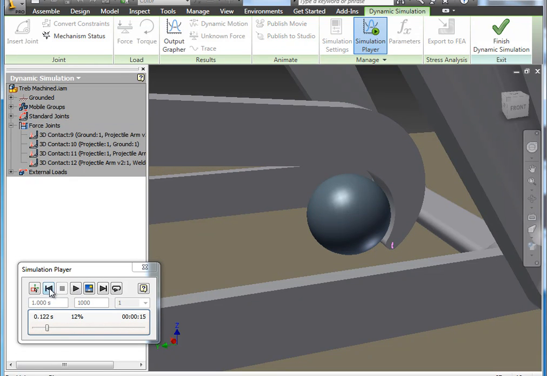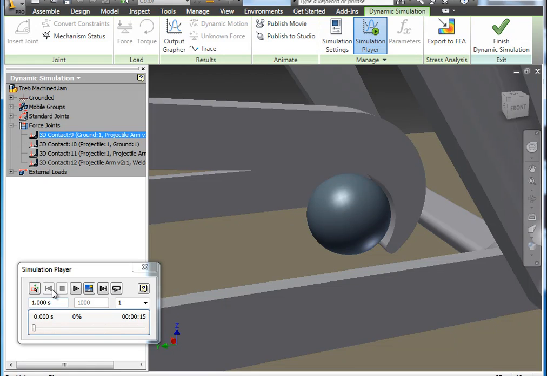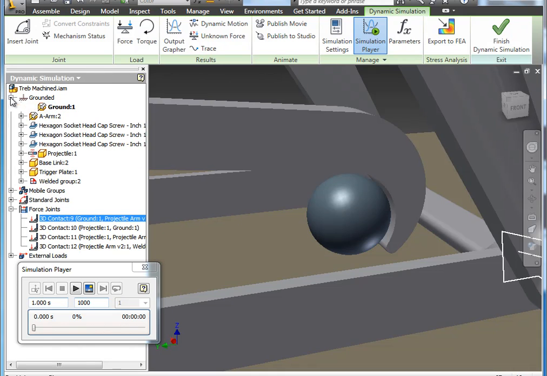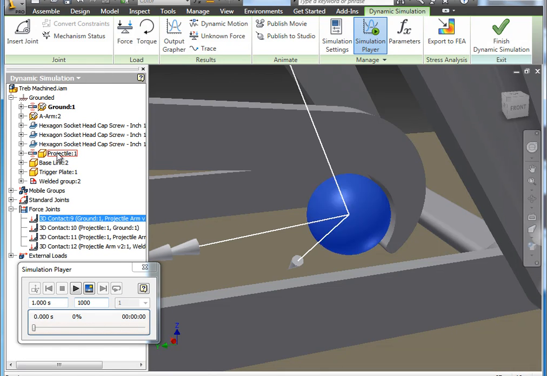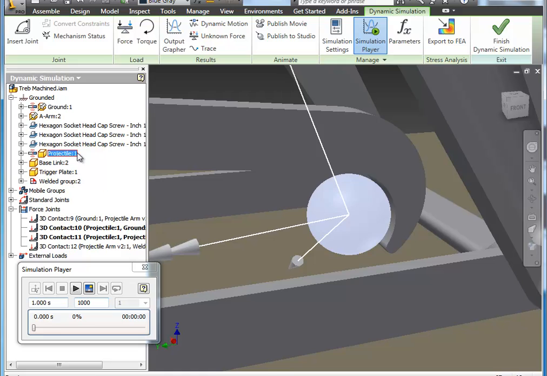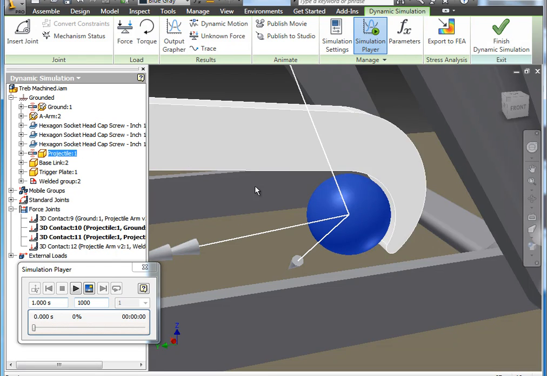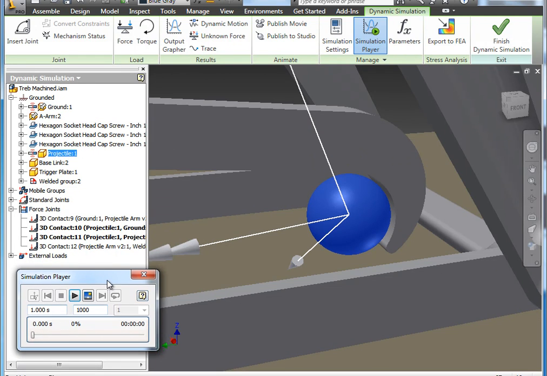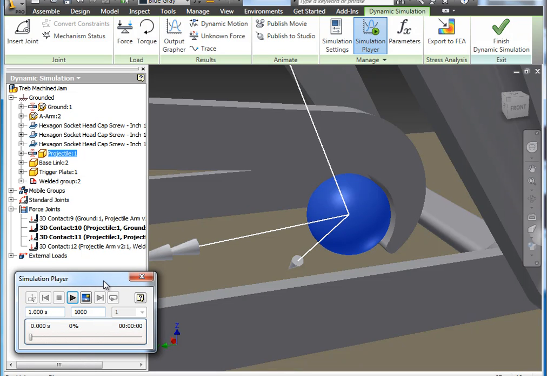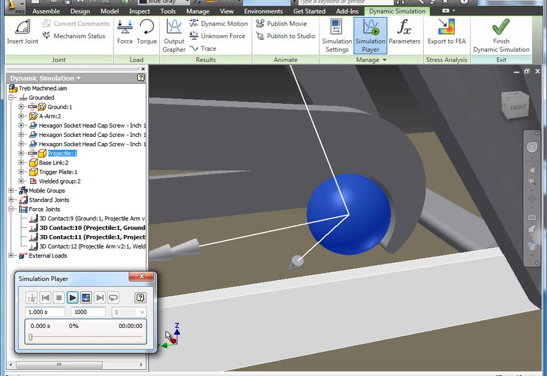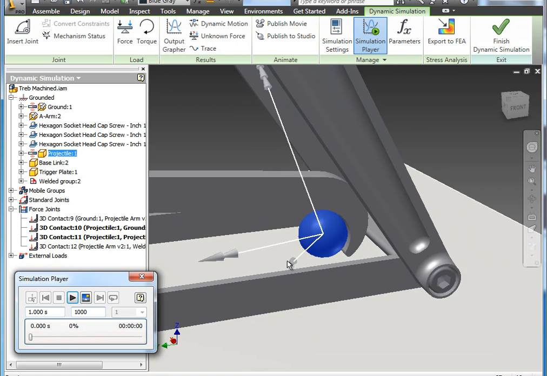And there's a reason for that. It's actually working the way it's supposed to. If we go into construction mode and we look at the grounded components, you can actually see that the projectile is listed as a grounded component. So what's happening is it's doing what it's supposed to. It's keeping the projectile grounded, and the arm is actually interacting with that, and it's getting hung up on it. And the reason it's grounded is I mentioned in the beginning of the demonstration that anything that doesn't have assembly constraints in the assembly mode is going to be placed in the grounded group. And this can be fixed